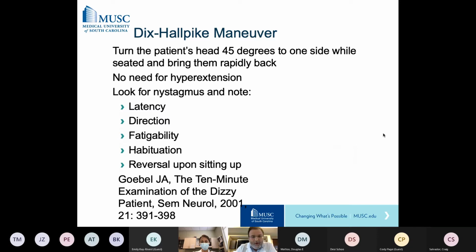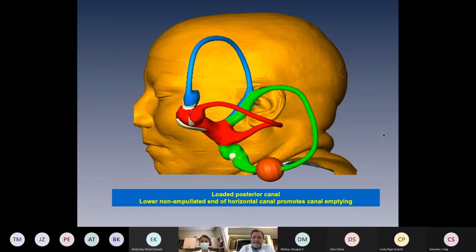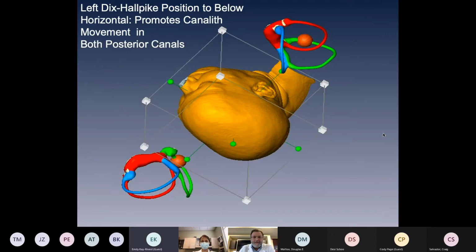A word on the Dix-Hallpike is you don't need to do a hyperextension. Most three-dimensional studies of the temporal bone would show that just extending the head back a little bit, pointing the chin up to the ceiling is enough. You can see it here. Let's say you have a posterior canal loaded with otoliths. If you put the patient in a hyperextension